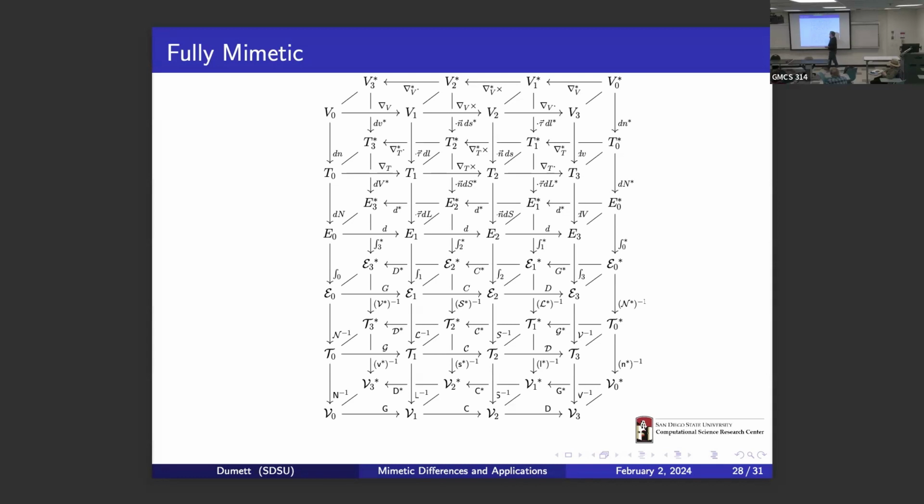So again, what I meant when I was telling you that this fully mimetic method actually tries to replicate this calculus. For instance, when I have anything here, if I apply a gradient and then a curl, I will get 0. So it's a double exact sequence. Okay, so again, this is a new understanding of the fully mimetic method.